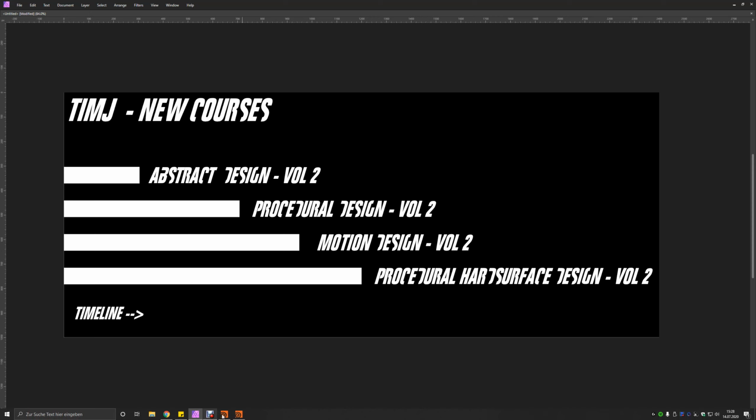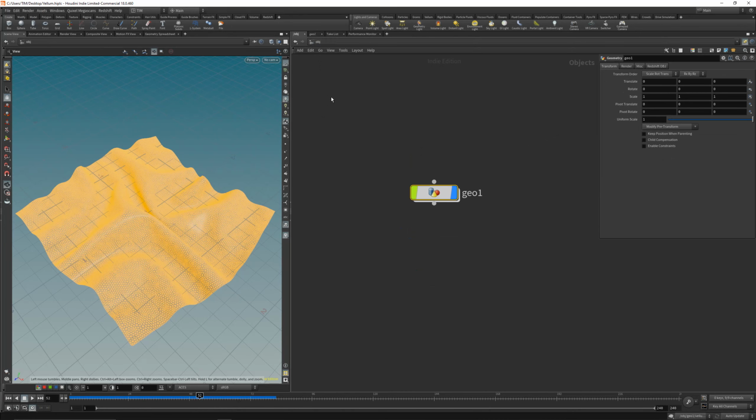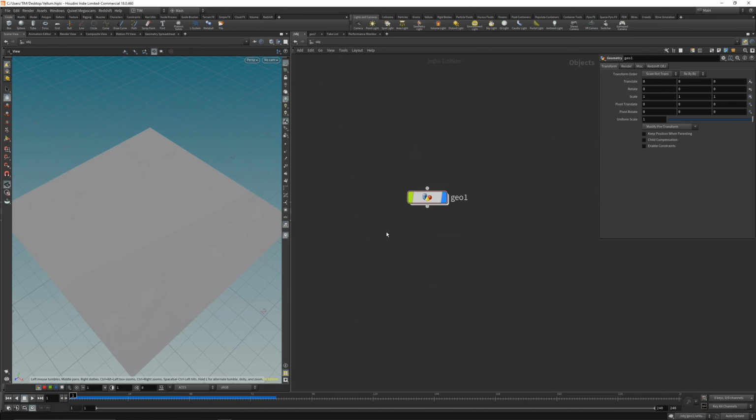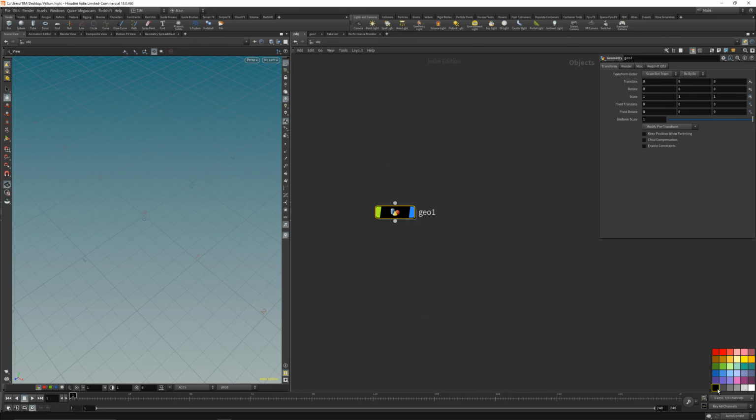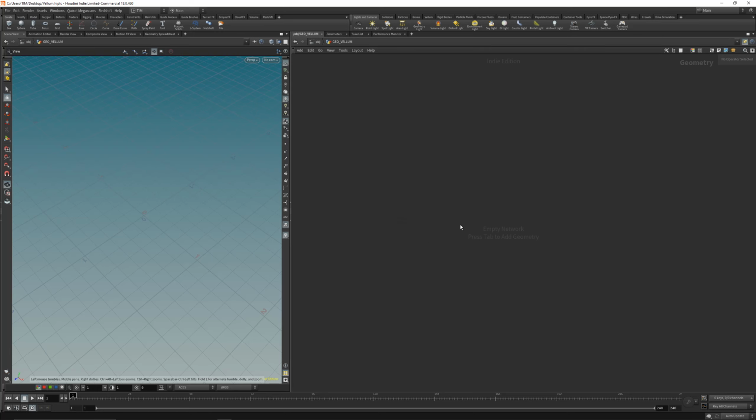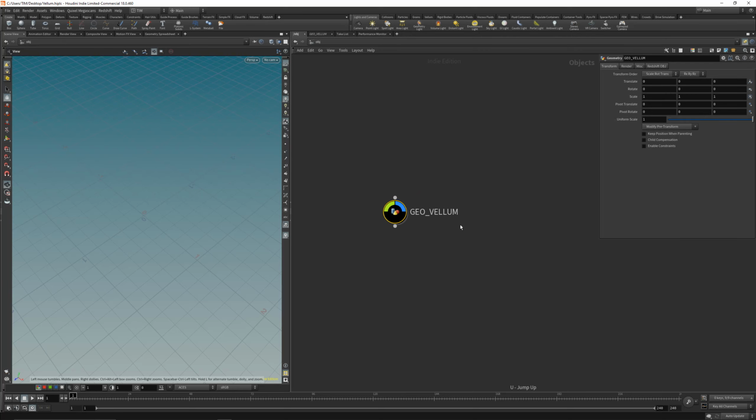And I think let's get started here with Houdini. So it will be a pretty simple setup. Let's just delete this one here and close that. Make a new Houdini scene and we'll start in the object level and place down a geometry node here. Let's make it black and round and let's call it Vellum. Vellum, cool. Dive inside with double click or the I key, and with the U key you can dive up